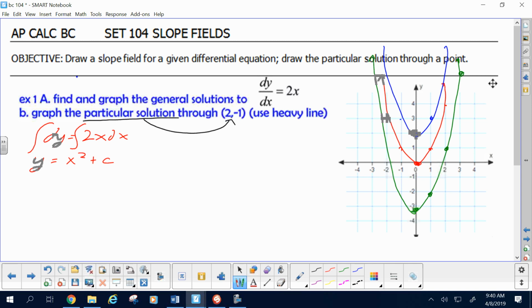Well, if you start with the point 2, -1, and then say, all right, then what about the graph there? Well, I could use 2, -1 to nail down the c. -1 equals 2 squared plus c. The c, in that case, would have to be -5, and the equation that has a derivative of 2x, but also passes through 2, -1, is y equals x squared minus 5. If I were to graph that, it would look something like